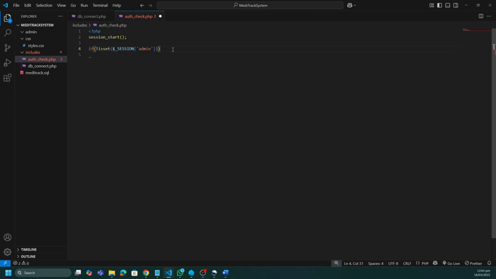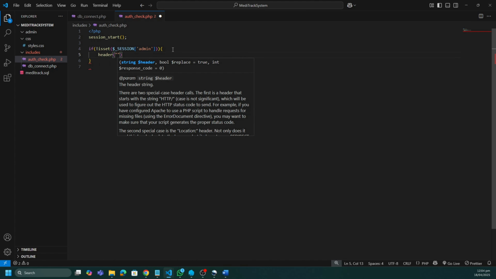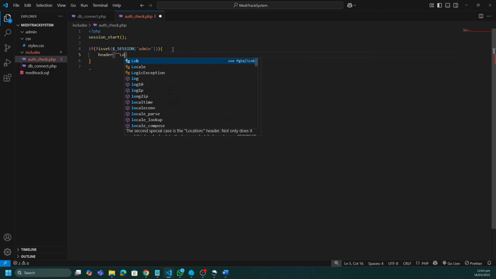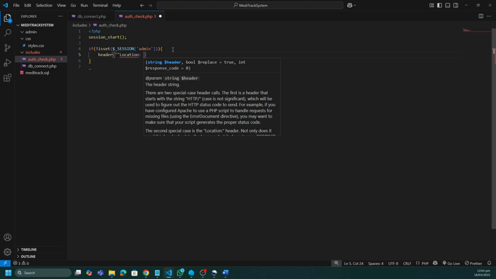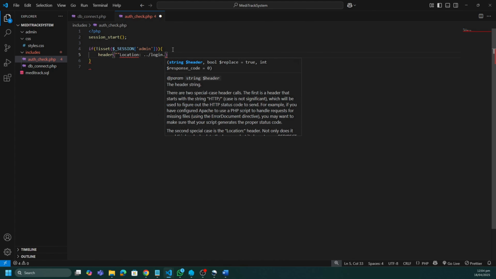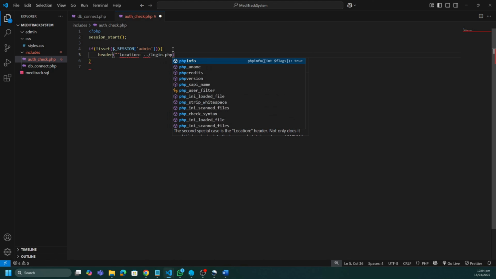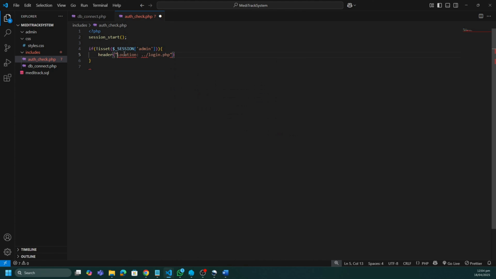So if this is not the case, then we're going to redirect our user back to a particular location. And that particular location is going to be our login page, login.php. And I'm going to close my quotations here and get rid of the double one at the front here,